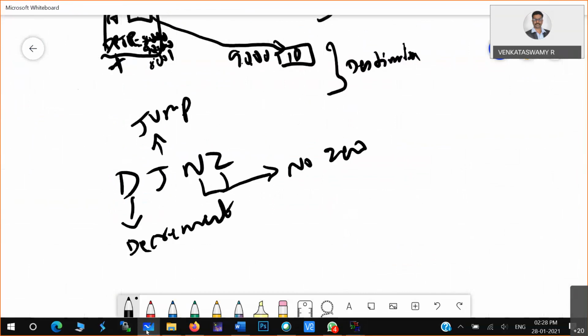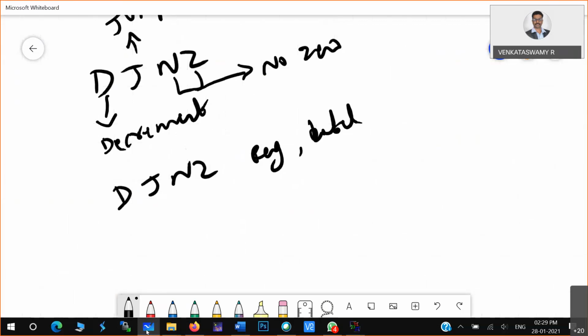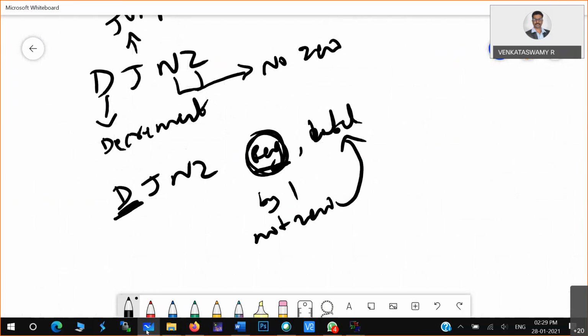What are the parameters you have to pass? DJNZ, a register, comma, the address or the label. Now what does DJNZ do? It decrements this register content by 1. Whatever content is there in this register will be decremented by 1, and then if that content is not zero, it will go to this particular label.